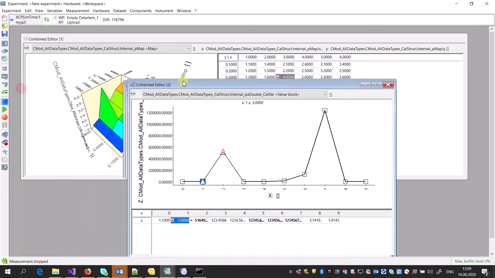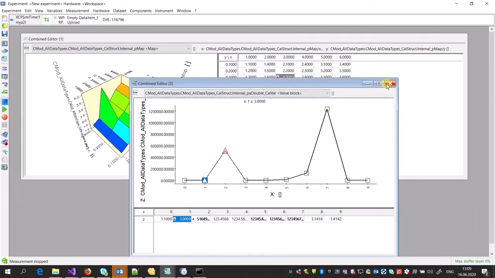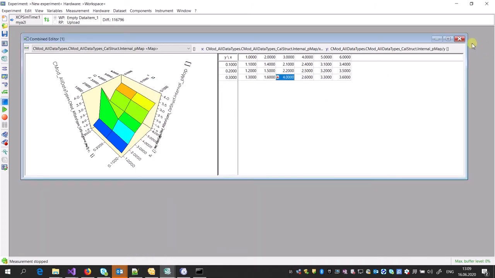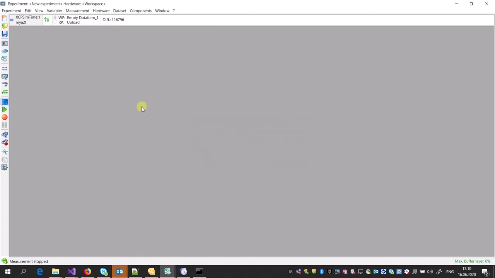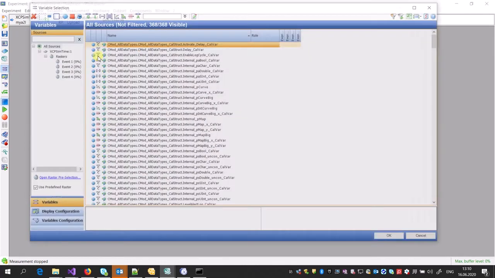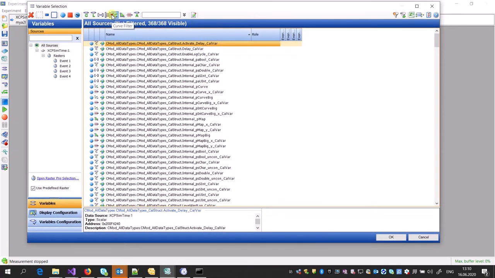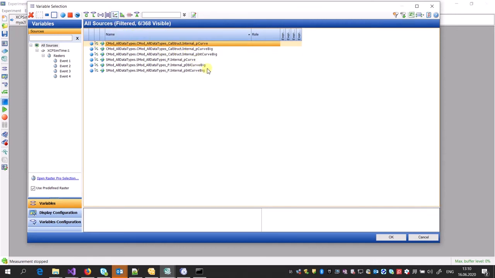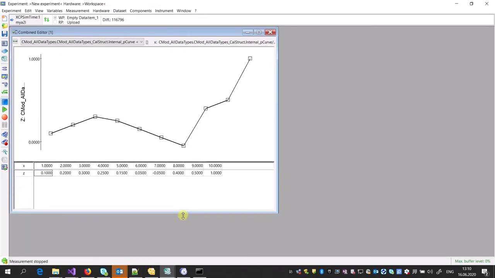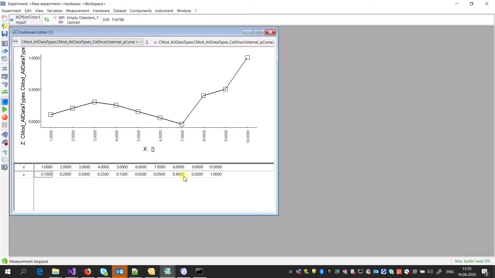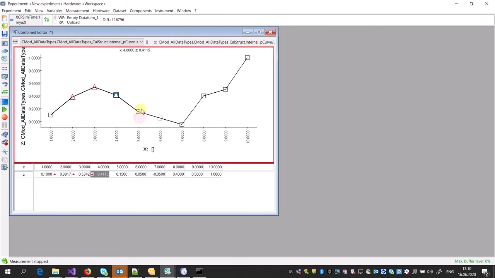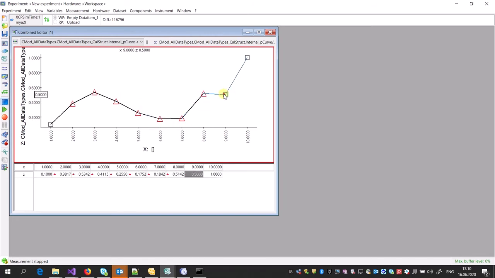So we can calibrate different data types. My models have all of the data types that the Inca supports and the Common E supports. For example, I can show you a curve. This is a curve. I'm going to select this curve and this curve, for example, and you can see curve is a simple 2 array, and it's going to show you a function type curve. And you can change all of the values in here, and it's going to apply to the simulation. We are running the simulation, and this value is already applying.